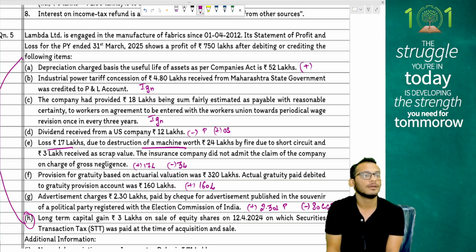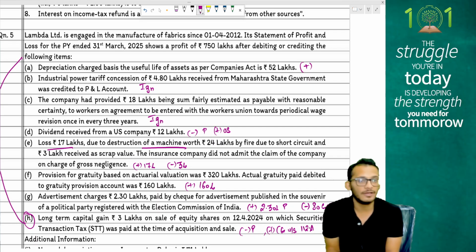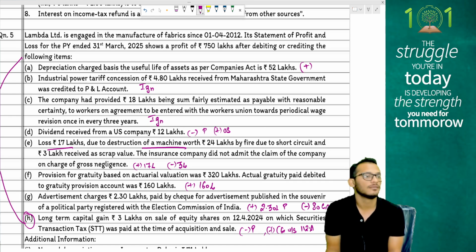First of all, remove the gains. Therefore, minus it, and add it in as section 112A because it is STT paid. 3 lakhs left. 1.25 lakhs is not taxable. Balance is taxable. Yes or no? It doesn't matter. Question asked only for total income. Doesn't matter what tax you say. Yes, for those who are deliberating right now, whether it is before 23rd July or after 23rd July, it does not matter.